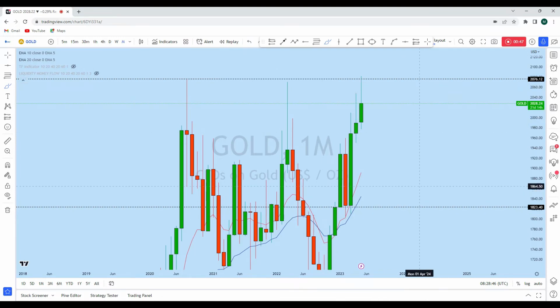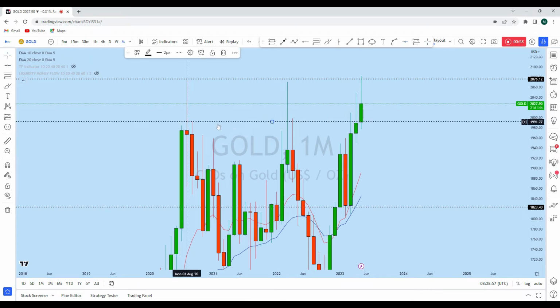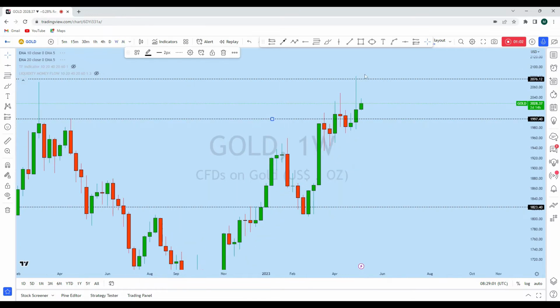Now with that rejection, we see that gold is now coming down for a deeper pullback. As CPI is coming later, we might see some downward movement for a retest of this long-term support zone on gold. So if we look at the weekly time frame, we can see that gold from the weekly as well,